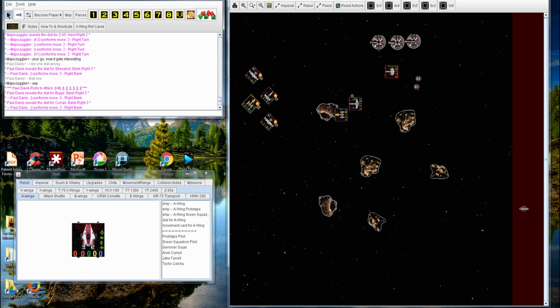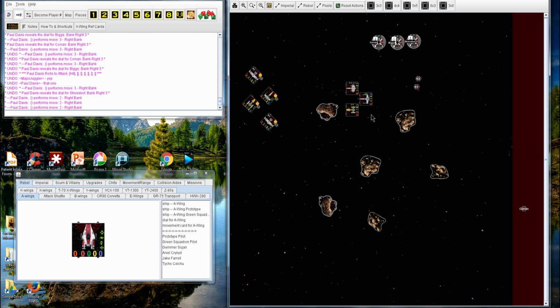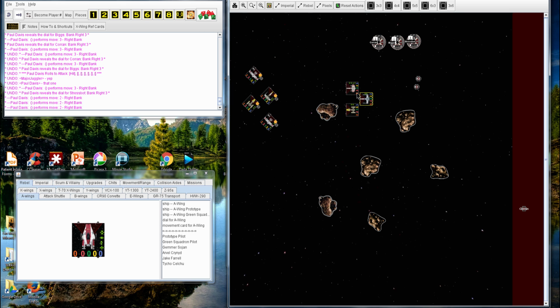So I want to go back and see what would have happened if I just did 2 banks with everyone. I would have gotten shots on everyone. Biggs would have been out of range of these 2, so that would have been perfect, and he probably doesn't have a shot, so Biggs would only take a shot there. And then Corran, that's pretty close. I might want to barrel roll,